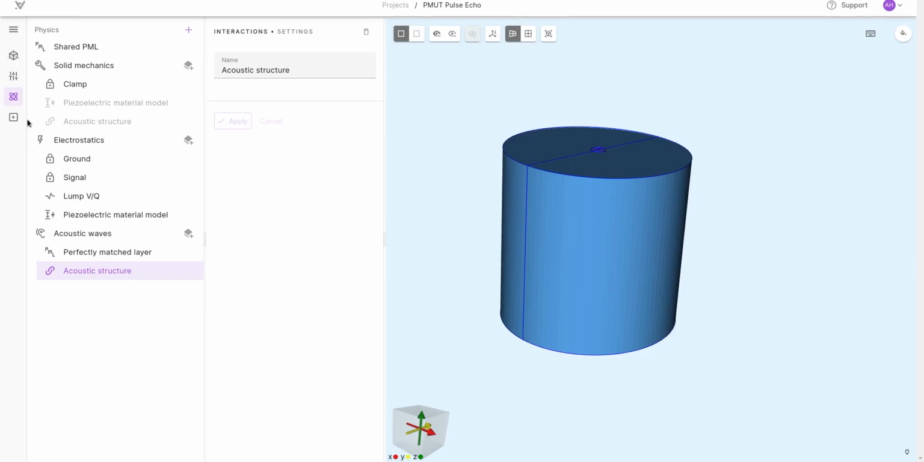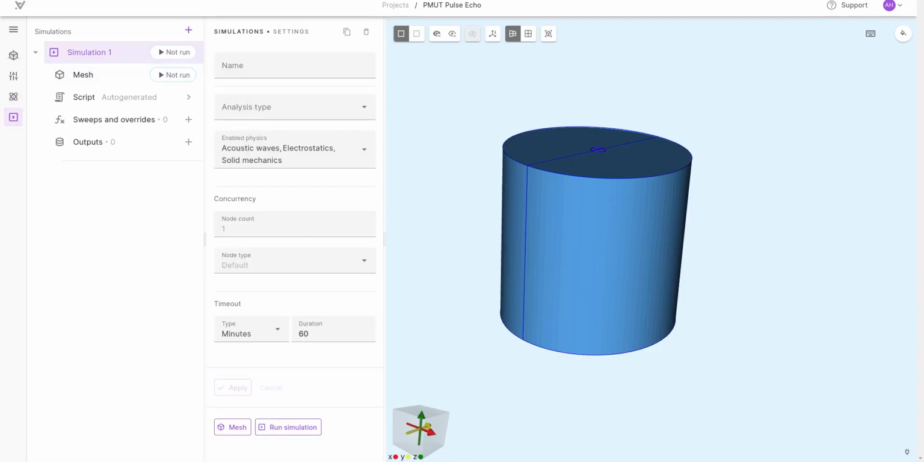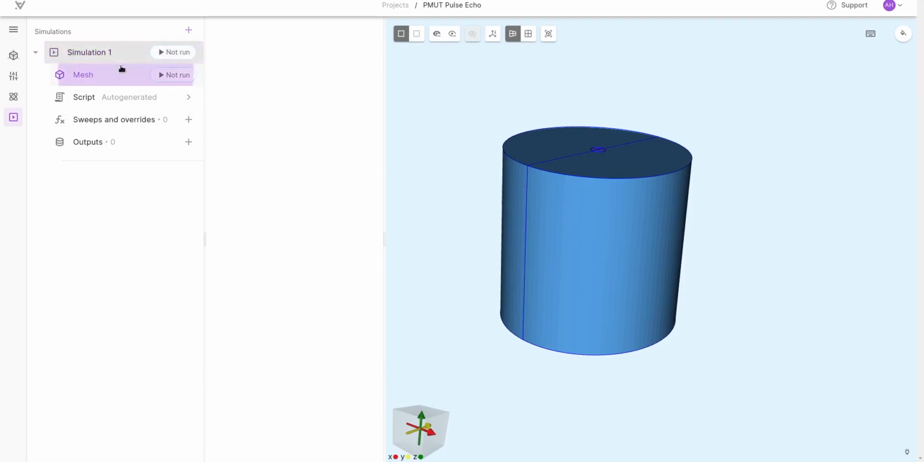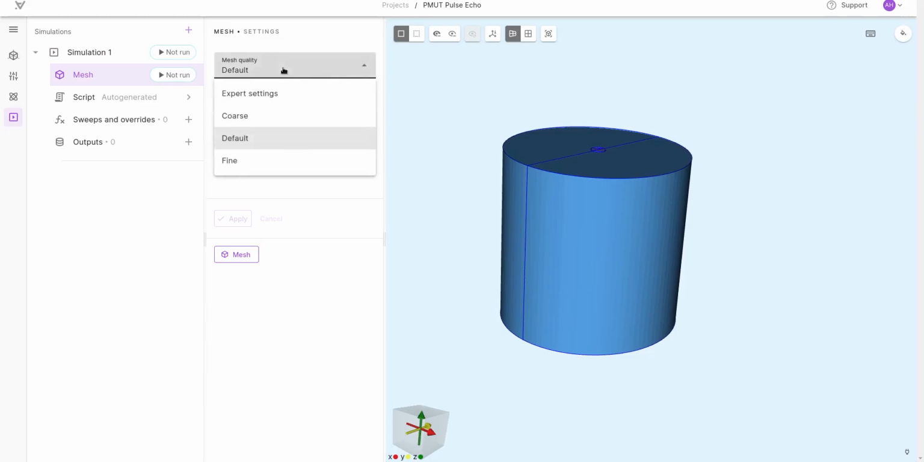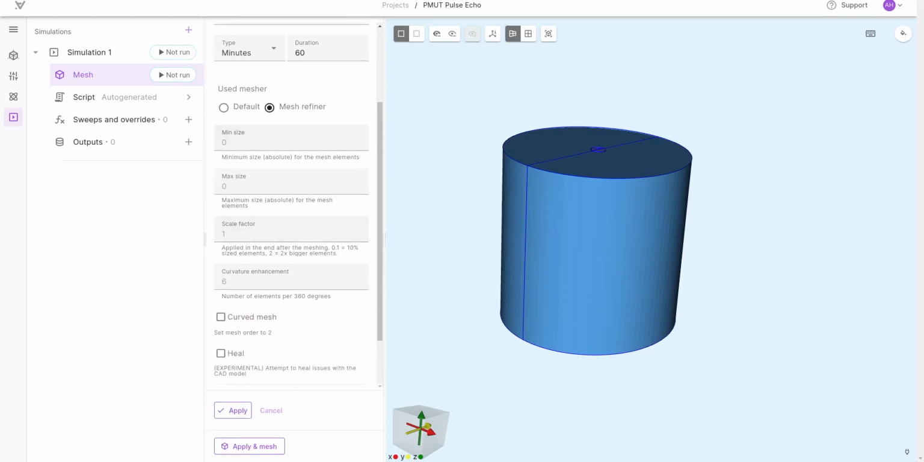For that, we go to the simulation. We add a simulation. You can add any number of simulations of different kinds at the same time. And here we're going to do several things. First, we will mesh. So in terms of meshing, lots of options. What we could use is the mesh refiner, which has the most options. And here we will use a frequency of